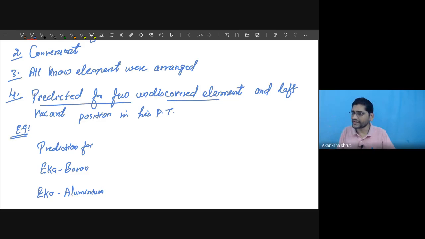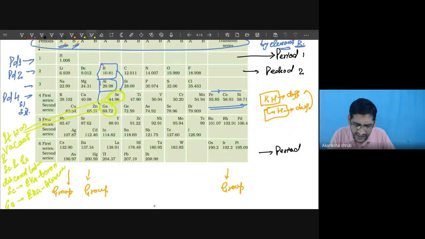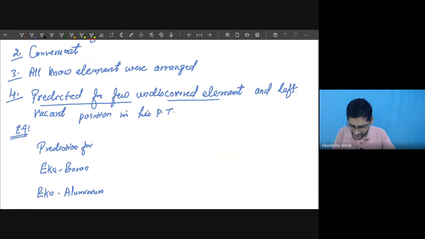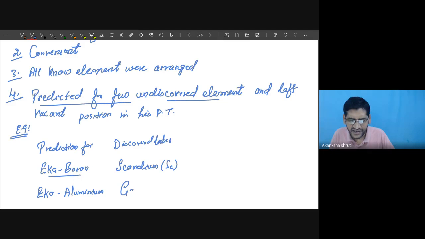So boron and aluminium were known at that time, but after boron and aluminium, the other place was vacant. What was the vacant position, students? Here, this position was vacant. Are you getting? This position was vacant. Later on it was discovered and filled, with the discovery of scandium and gallium. So that's why we are writing, he has predicted for Eka boron, meaning similar to boron, some element will exist. Similar to aluminium, some element will exist. And it came true, and it was discovered later as this Eka boron. The element found was scandium, symbol Sc. For Eka aluminium, it was discovered as gallium,